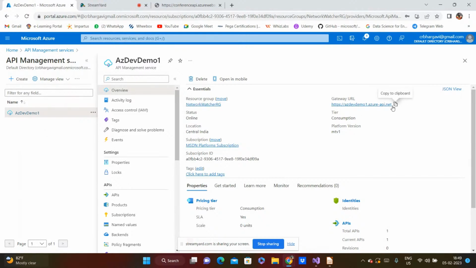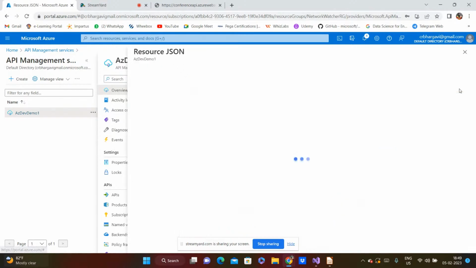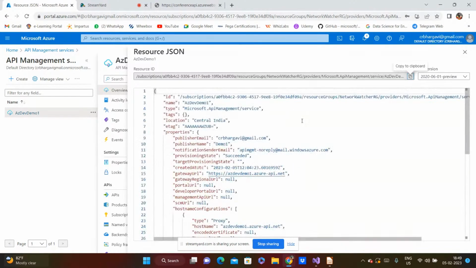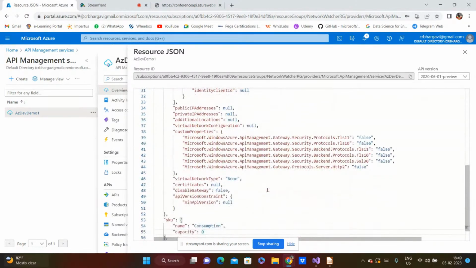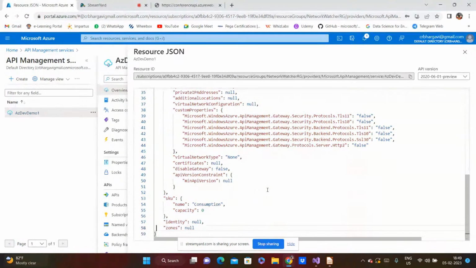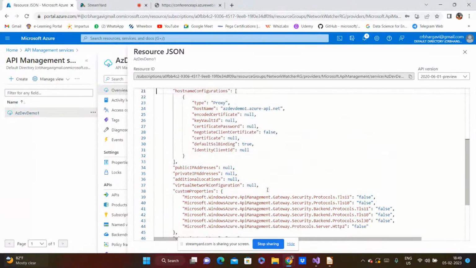So you will be able to get this. And I had not given any keys over here, so I'm not able to edit it. And yeah, this is something which is available in JSON format. This is something that I had captured